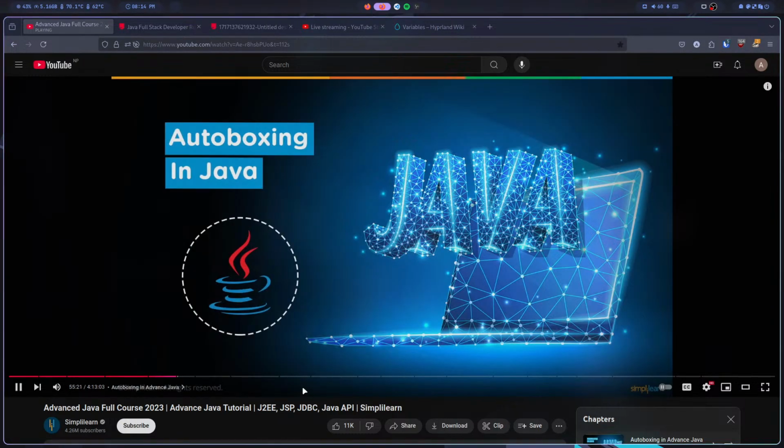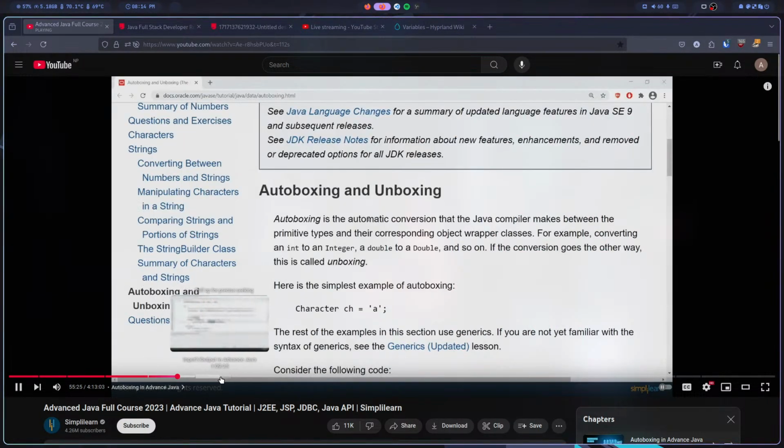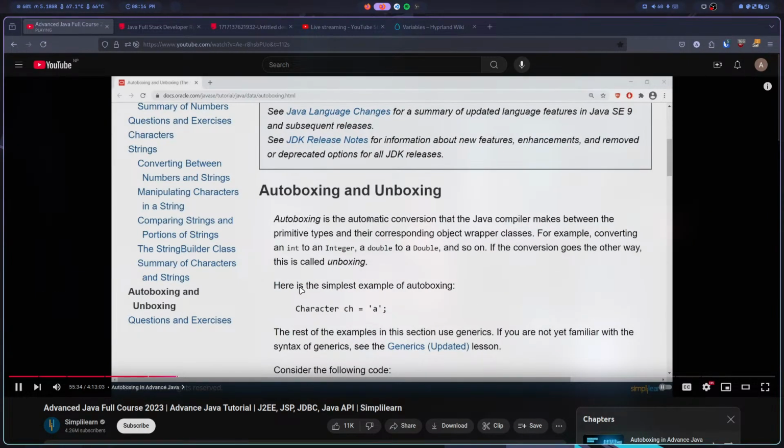Let's get started with autoboxing and unboxing in Java. So if you remember, in the very first sessions, I talked about the primitive data types, and then later on, we talked about the objects. For example, we had the int